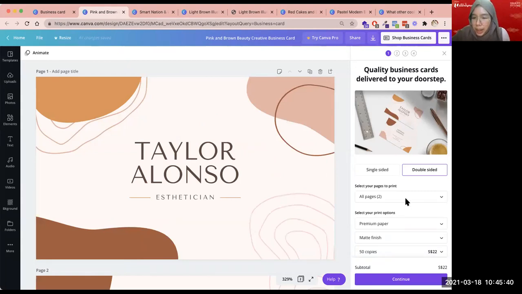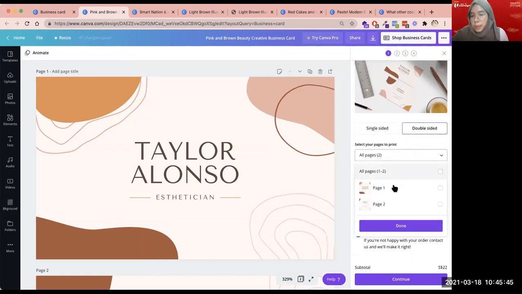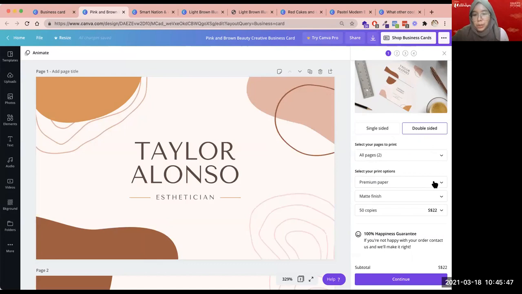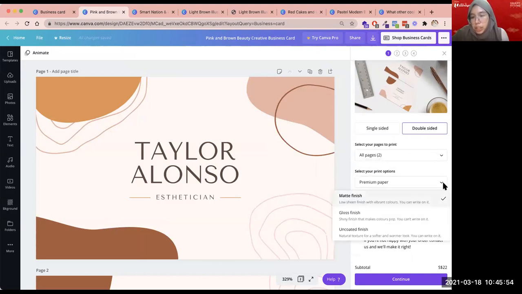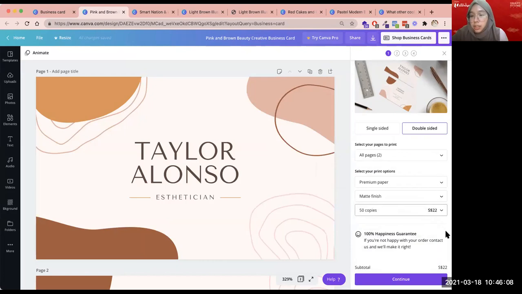and then you can see all the different options. There's single-sided, double-sided, all the pages you want, if you have two pages. See, there's premium paper and standard paper, and I always use premium paper. There's matte finish, glossy finish, and uncoated. For this one, it's not as cheap, but I feel it's okay. Like for 50 pieces, it's $22. 150 pieces is about $36. So I've used it before personally, and I feel that